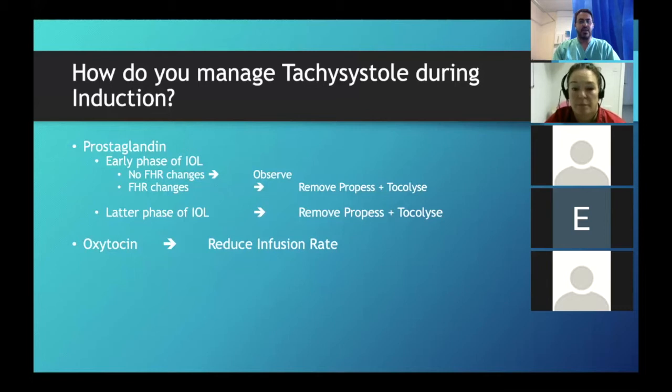Okay, in this situation, it also has to factor in, well, if we are showing signs of subclinical chorioamnionitis in the induction phase, okay, is this baby well enough to carry on? I need to look at the bigger clinical picture, but you can't put a blanket response for that,